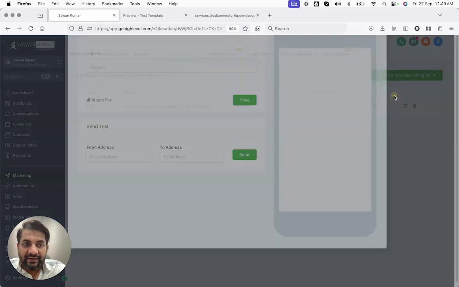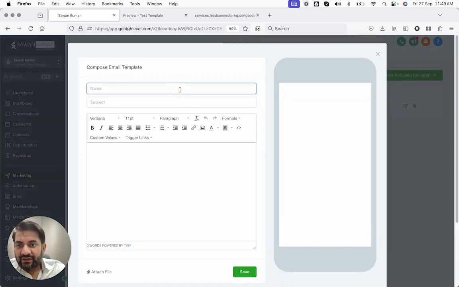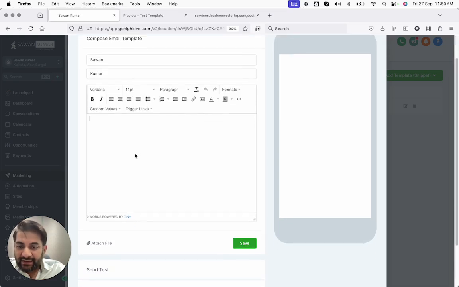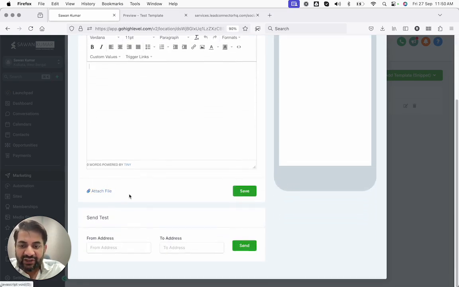Similarly, you can create an email template. Choose an email. Now these are not the marketing templates, these are the regular email templates that you would want to send. The text of the email, attach a file, and then you can send a test email and see for yourself